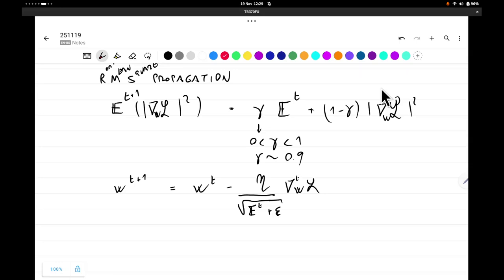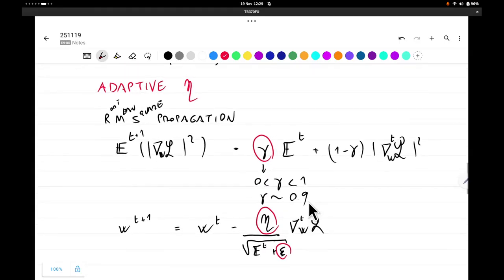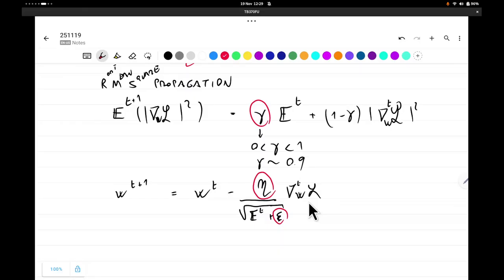So we give eta at the beginning, and then we update each step, so we dampen effectively. This denominator is bigger than 1, and so we reduce eta at each time step during the optimization. So this is the so-called root mean square propagation algorithm for the learning rate,